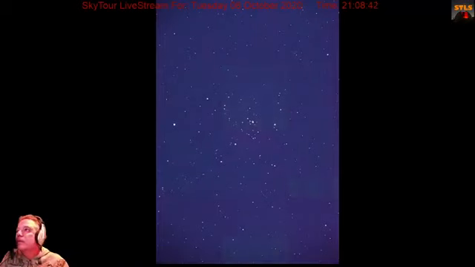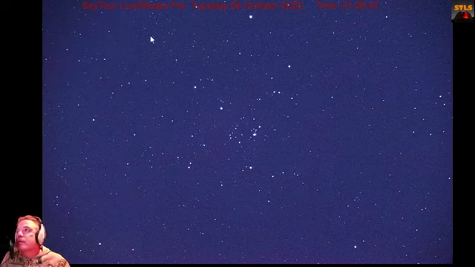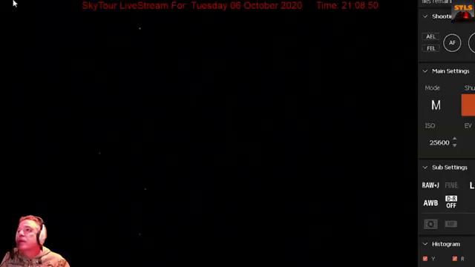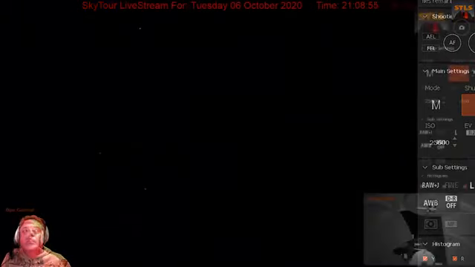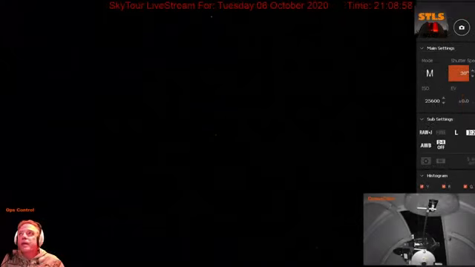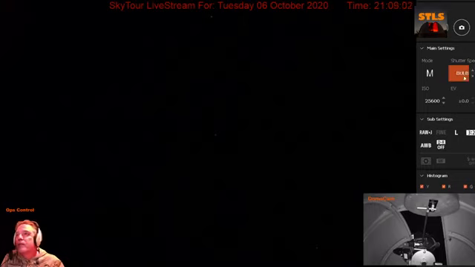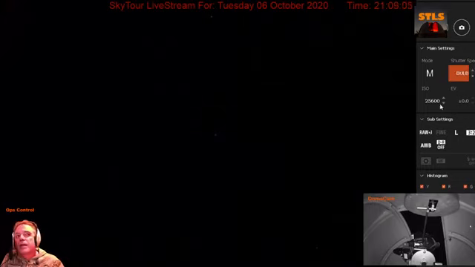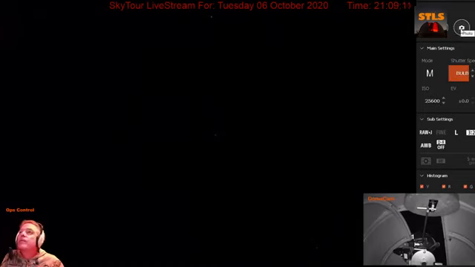Ah, dead center. That's really nice. There we go. That was only, like I said, a 25-second shot just to make sure I got it placed right. Now what we can do is take our imaging and drop it up, not to 30 seconds, but to a full minute at 25,600 ISO, or sensitivity, and we'll see what that does. I know what that's going to do. Don't tell anybody. Here we go.